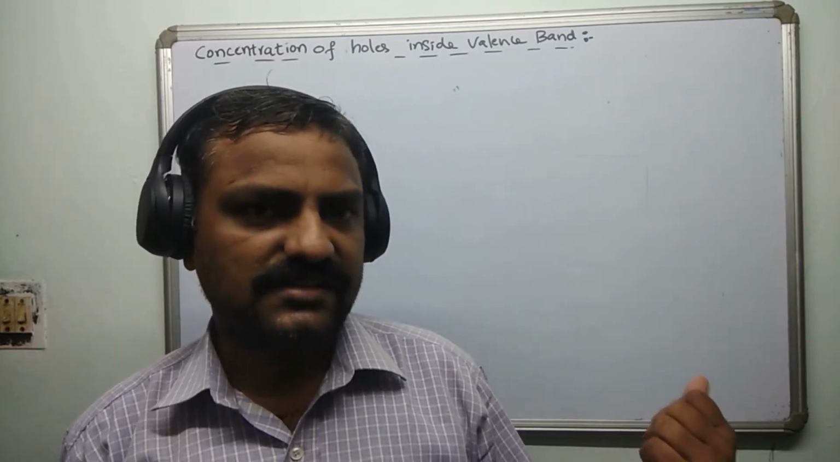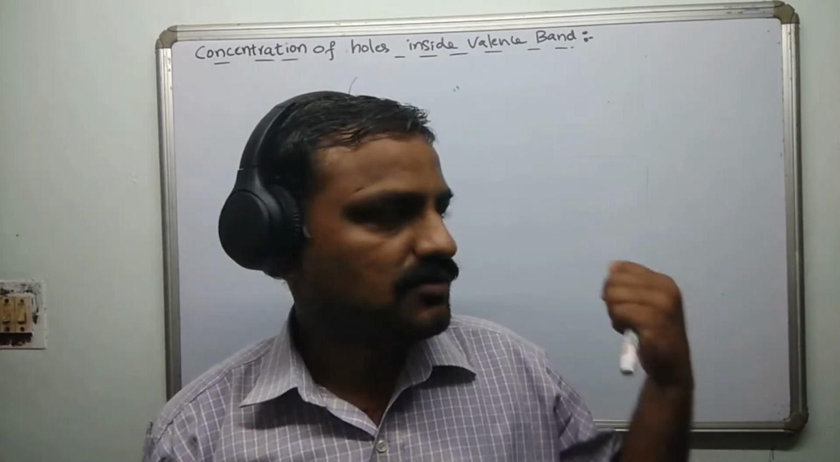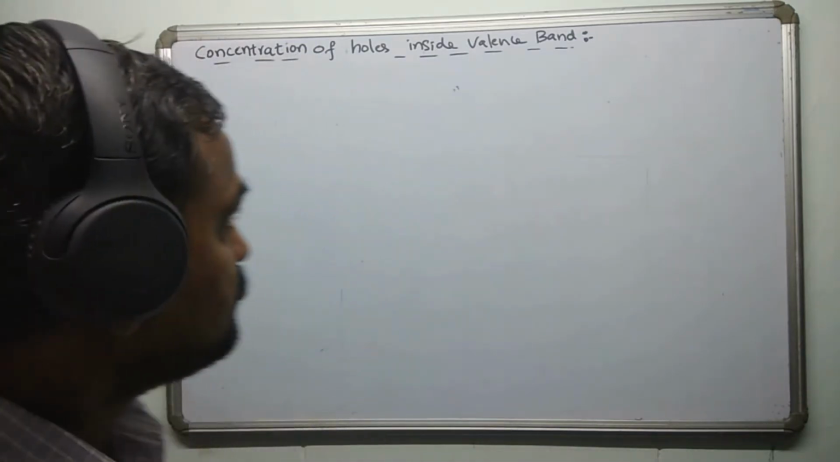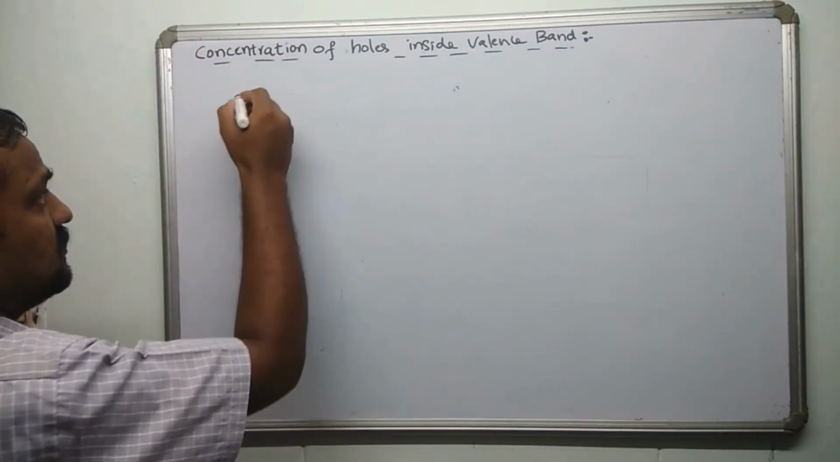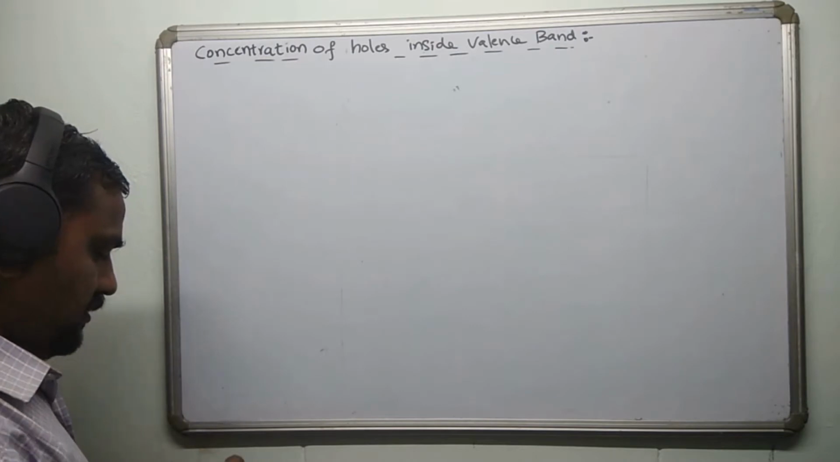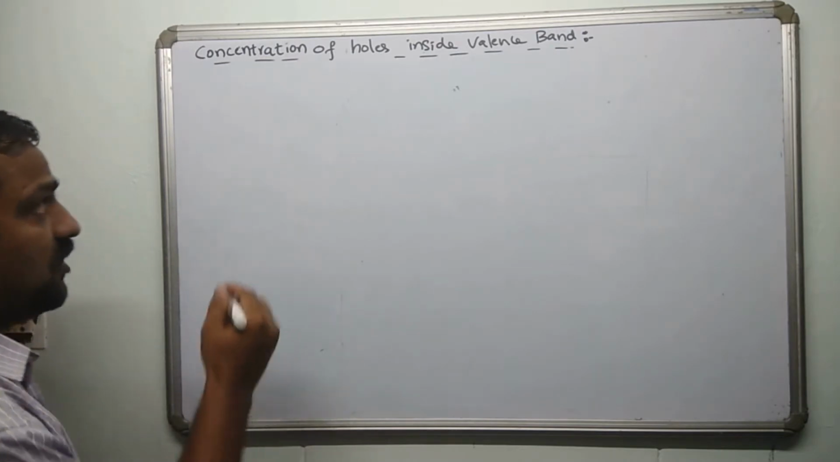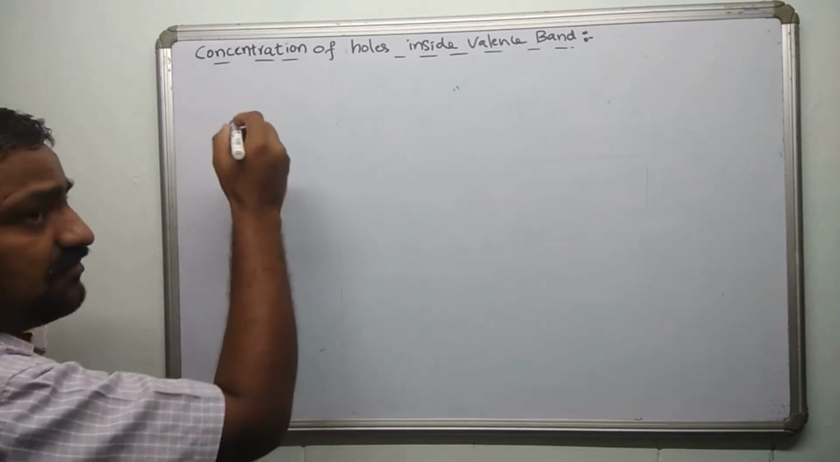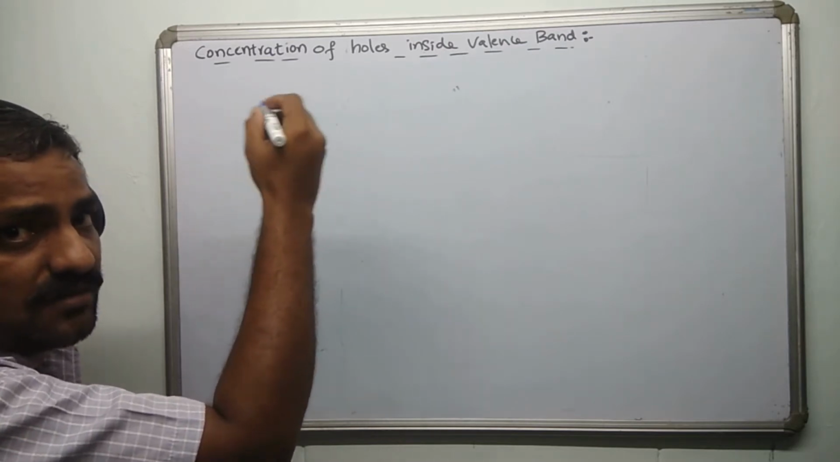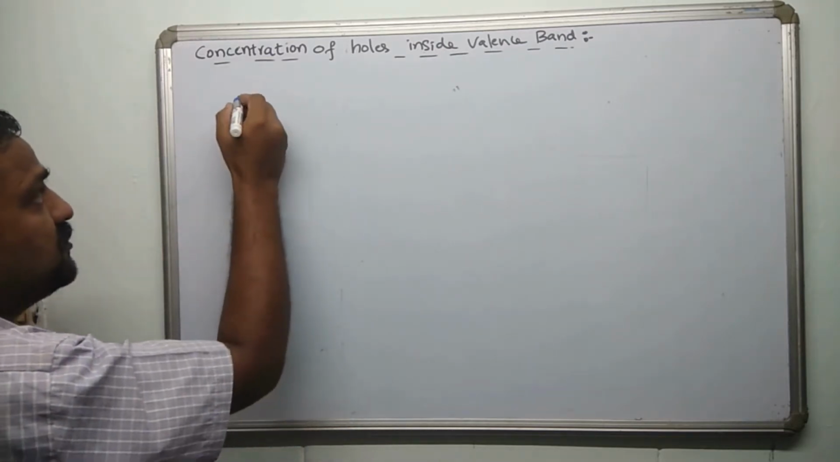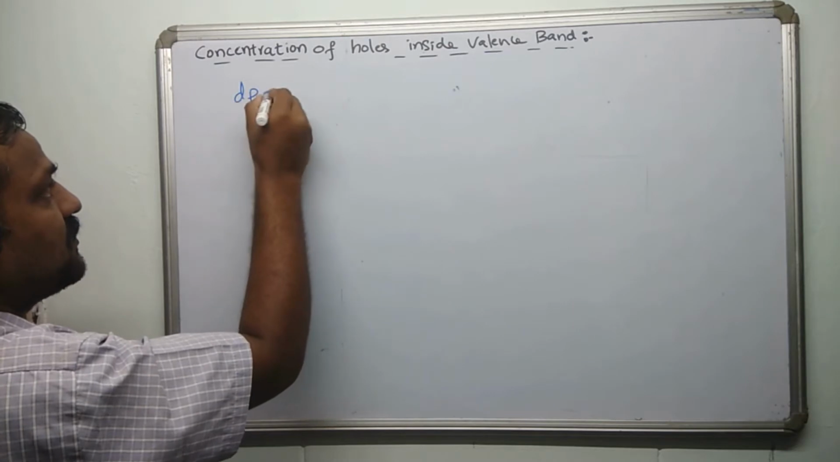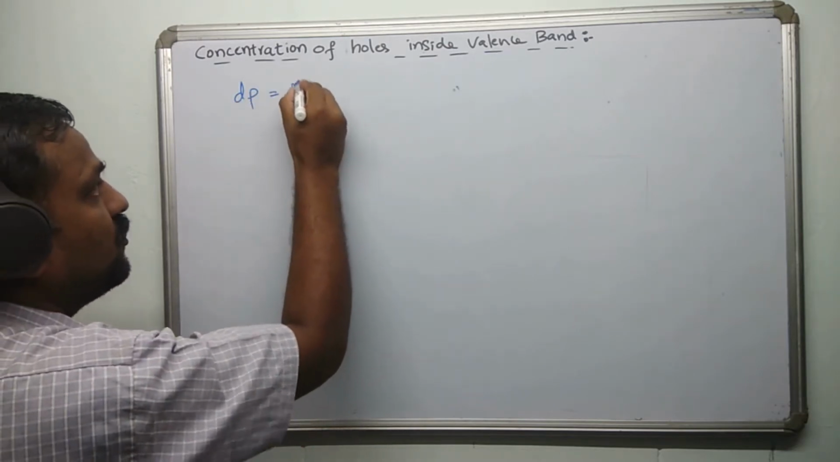For the intrinsic case, actually this hole number and electron number per unit volume is the same, right? So that part I'm going to do later. So today I'm going to proceed with the derivation of hole concentration. Please recall how you count the number of holes or the number of electrons. Earlier I used Dn to denote the number of electrons. Now I am going to use Dp. Dp represents the number of holes